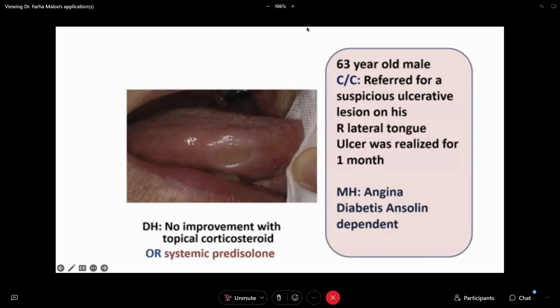Okay, it could be vitamin B12 deficiency, definitely. But it is in the lateral border of the tongue. Yes, it is an aphthous ulcer. Okay, but why is this ulcer there? Yes, it is because of some abnormality in the tooth. So first thing you will suspect is trauma due to teeth. Yes. But okay, so now we'll look at the